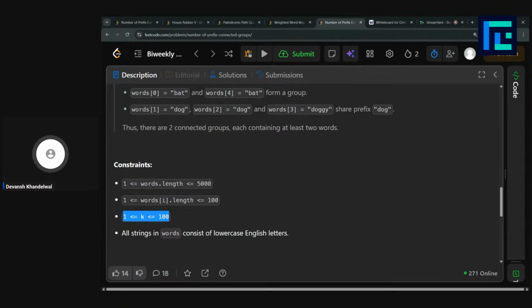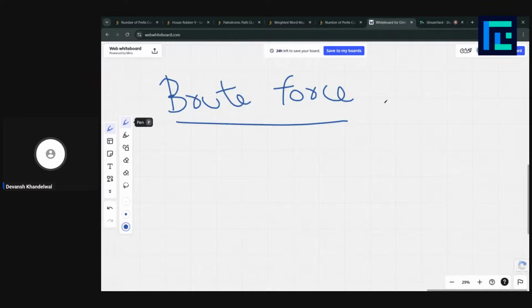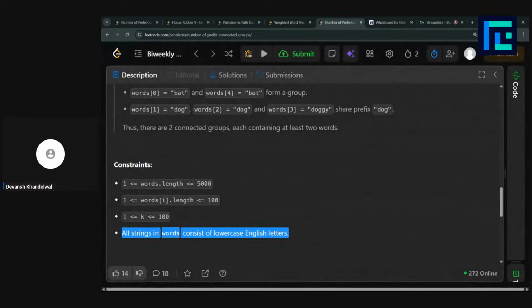And then we are given that all strings in words consist of lowercase English letters. So this is the constraints.